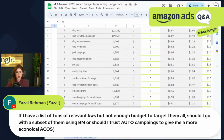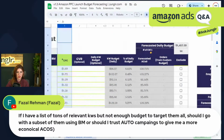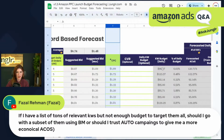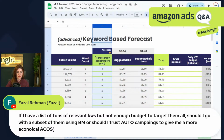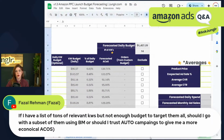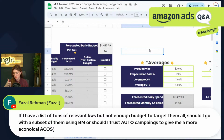What you want to look at is how this is forecasted. You have to get the average cost per click, which if you're using Helium 10 US, unfortunately, they don't have this overseas, so you'll have to deal with that. But your keyword budget is essentially going to look at the cost per click. It's going to go off of your target daily orders, so how many orders you expect to need to get through that keyword, or the search volume. And then it's going to go off of your average conversion rate. So you're going to have to benchmark an average conversion rate, how many orders, and the average cost per click. Providing you have those data points, or at least a directional idea of them, then